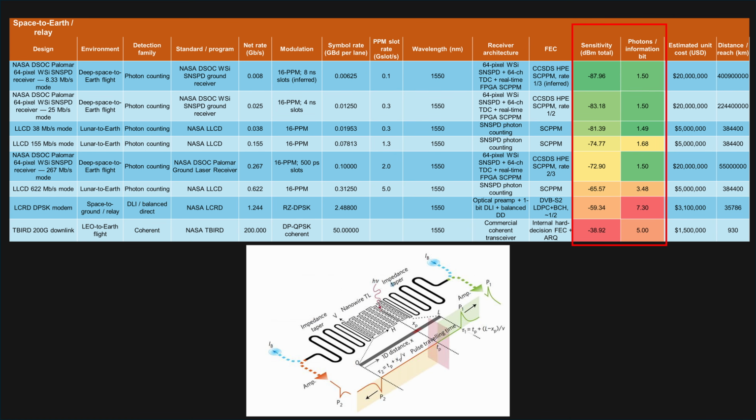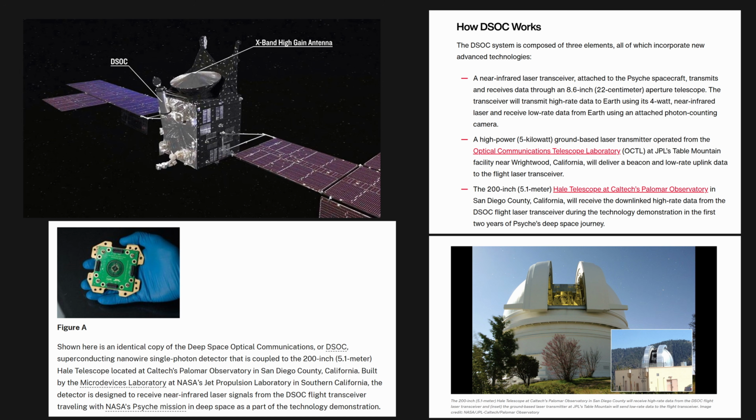You can see here that these can handle extremely low absolute power in the picowatt range, and the photons per bit can be as low as 1 or even lower. One example shown there is the Deep Space Optical Communications payload on NASA's Psyche mission. Traditionally, these types of missions had to use the enormous Deep Space Network ground antennas and large X-band antennas on the spacecraft, but with this mission, they showed higher data rates optically using a 5.1 meter ground telescope and 22